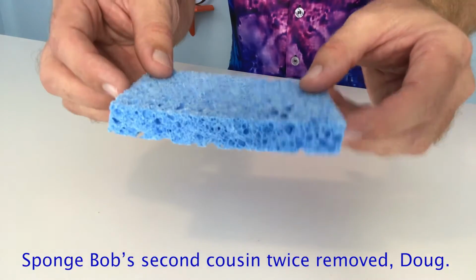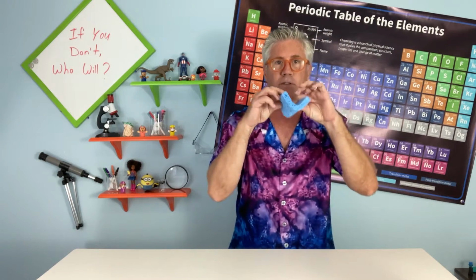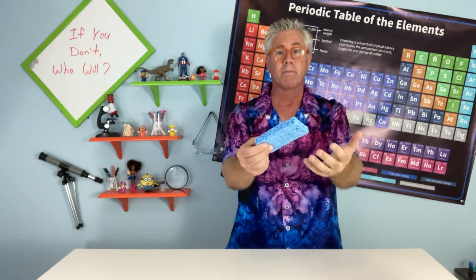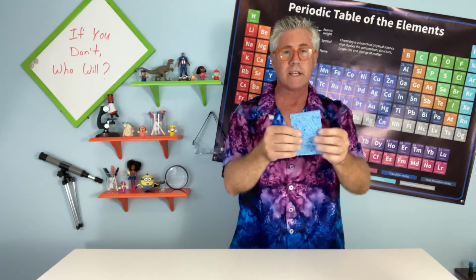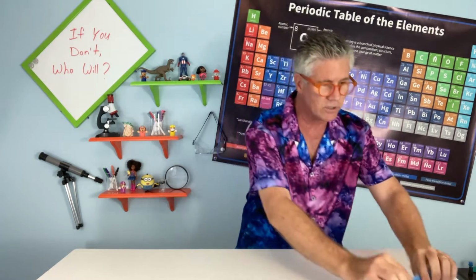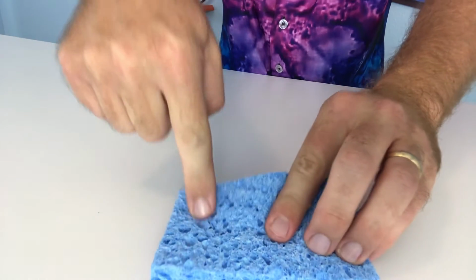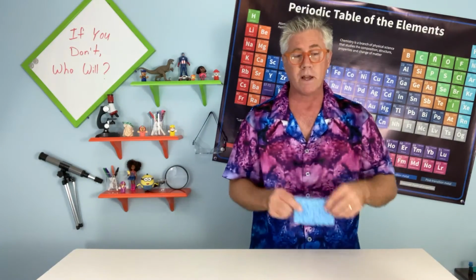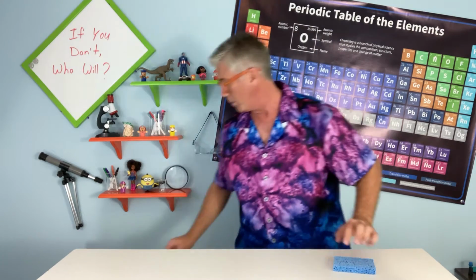I can drop it and it doesn't make any noise hardly at all. It's really super flexible and it's light, like whipped cream. So we'd say this has low density because it's so soft I can push into it. I can take my finger and push down and you can see how it just squishes, okay? So the sponge. On the other hand, we have